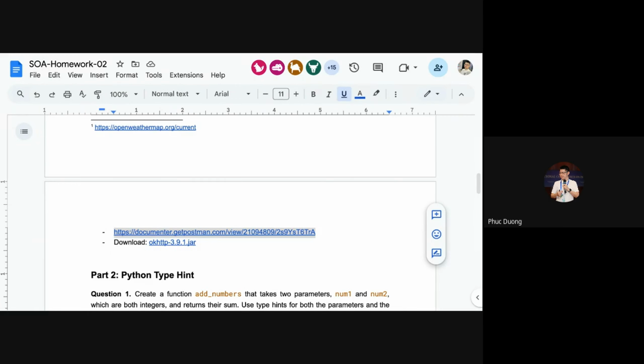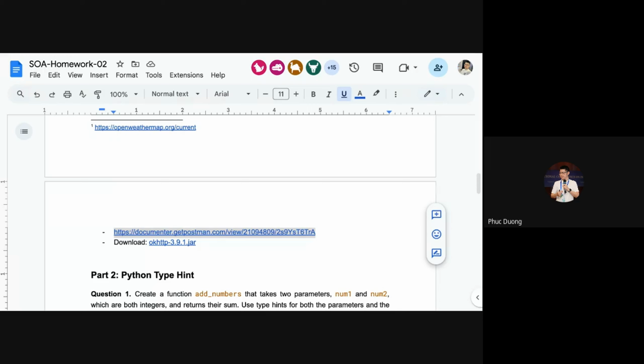Does anyone in the other class know how to generate code in Postman software? Do we know how to use Postman software to generate the source code so that we can copy it? Hello.